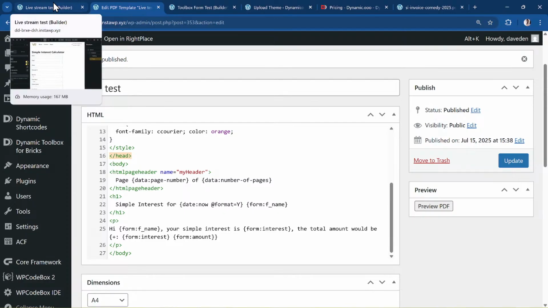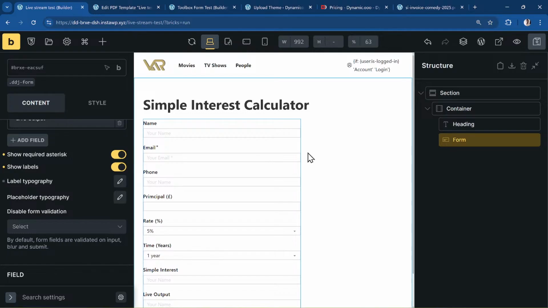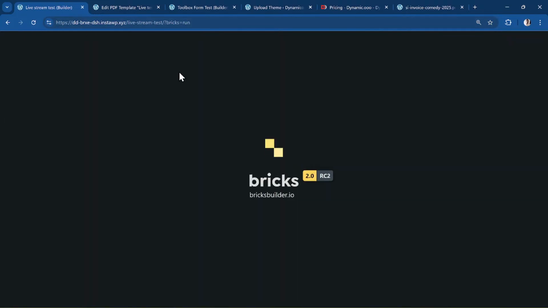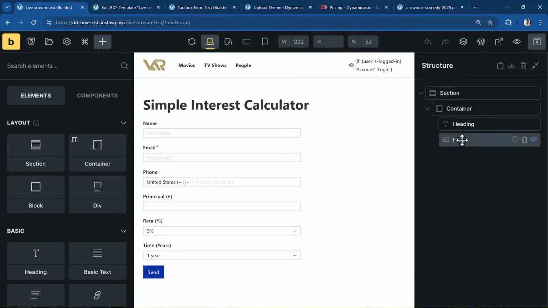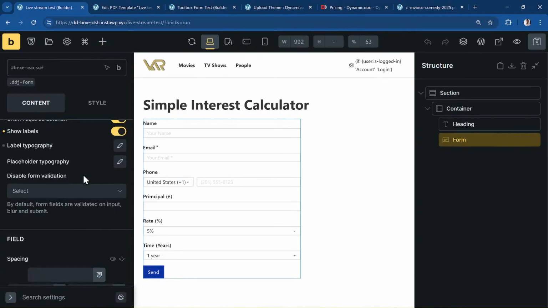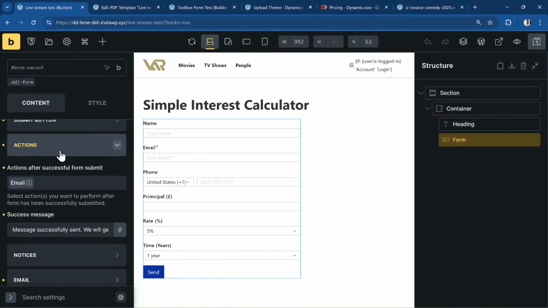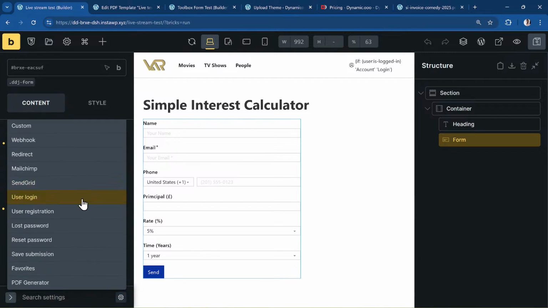Okay, so we have the basic form. Now all I have to do is come back to my form, refresh it, and I'll make sure that if you go under the actions, there should be a new action. So not just email. If you click on the action and you go down to the bottom, you see some new actions. One of them is favorites, and the other is PDF generator. If I choose the PDF generator,